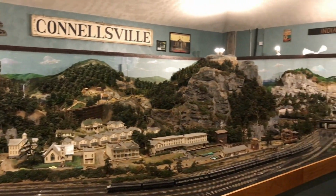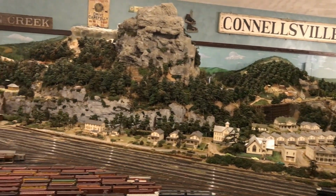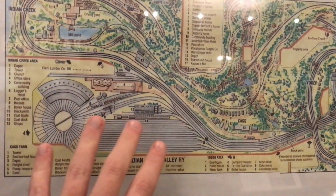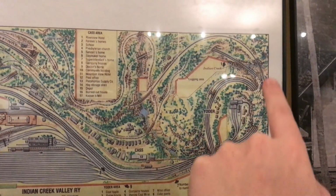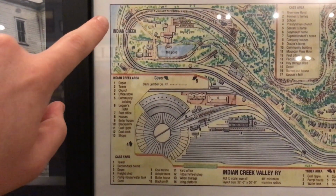They only have select days throughout the year where they bring model railroads in to operate it, but this is just a sight to behold, even without any trains running. And this is a good overview of the model. Here's the round table and the Connellsville Yard, the town of Cass, then it winds up into Yoder, goes through this tunnel, then in the background, snakes through the mountains, and ends up here at Indian Creek for the Clark